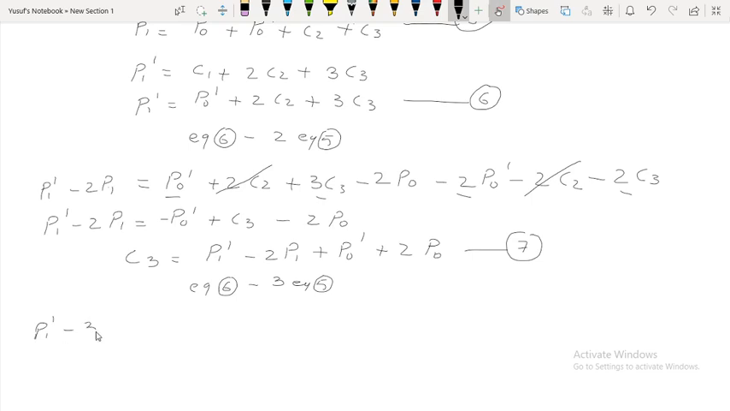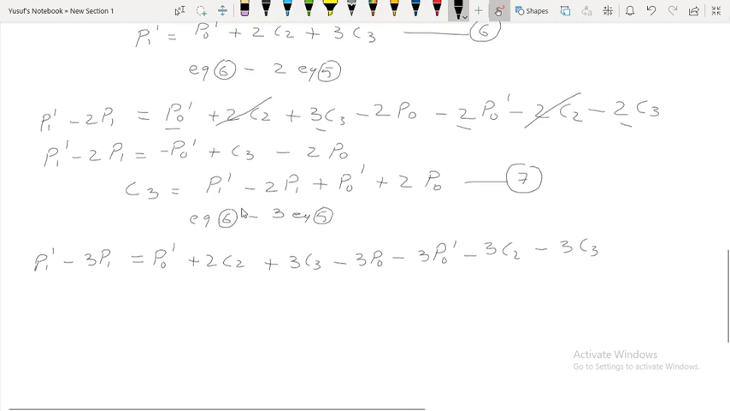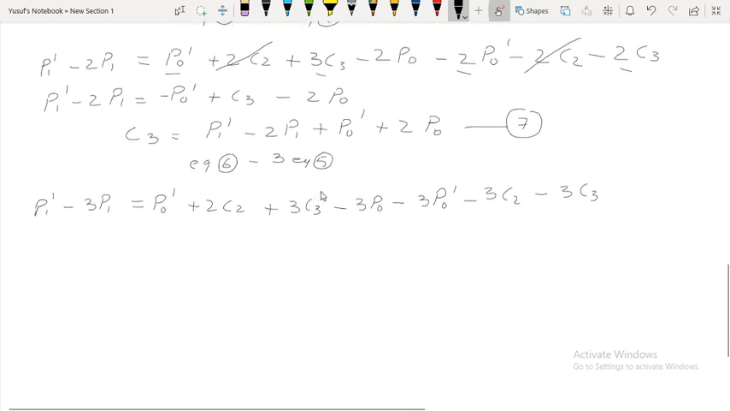P1 dash minus 3P1, instead of 2 I have to write coefficient 3, then P0 dash plus 2C2 plus 3C3 minus 3P0 dash minus 3C2 minus 3C3. So this C3 will get cancelled. C3 and C3 will get cancelled. So I can write